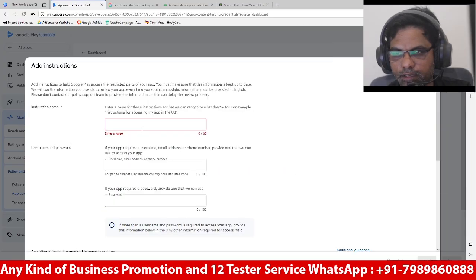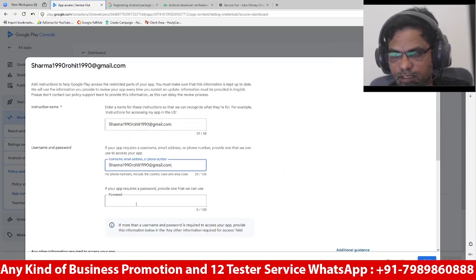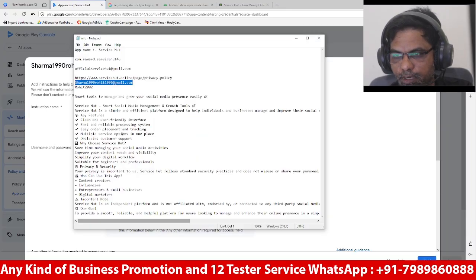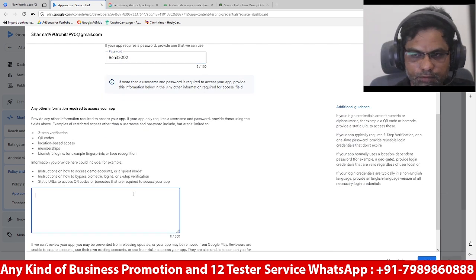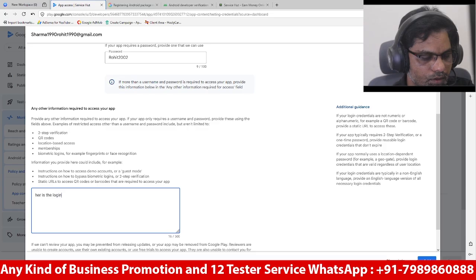If you have a login ID and password, then you have to use this login ID, and the password is this one. Okay, and here we have to give the authentication. Here is the login info of the app, user ID,